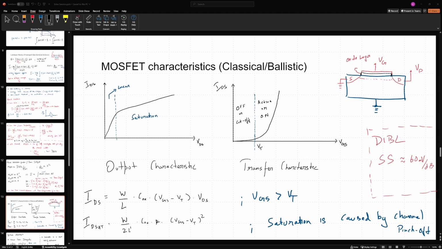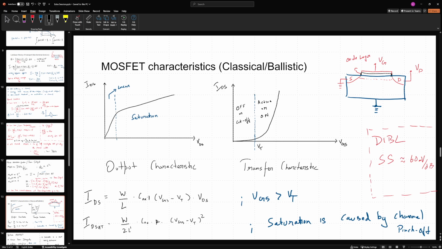Wait, then am I missing the mobility in the previous expression? Yes, I was missing the mobility in the previous expression. So yeah, it is a good thing that I took the time to double check. I was able to eliminate one mistake